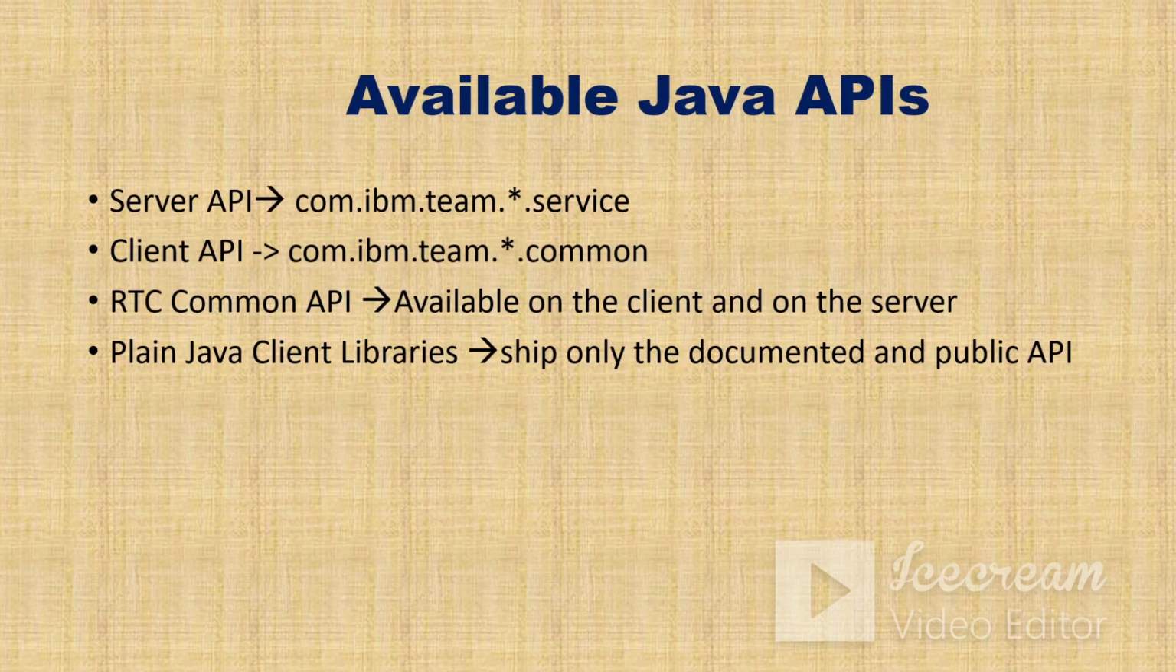So the server API will be included in the server part of the RTC or CCM application, and the client API will include the client part, that is the Eclipse client part, and the plain Java client libraries. The server API is used by server extensions. A server extension must extend com.ibm.team.repository.service.abstract. To get other services, use